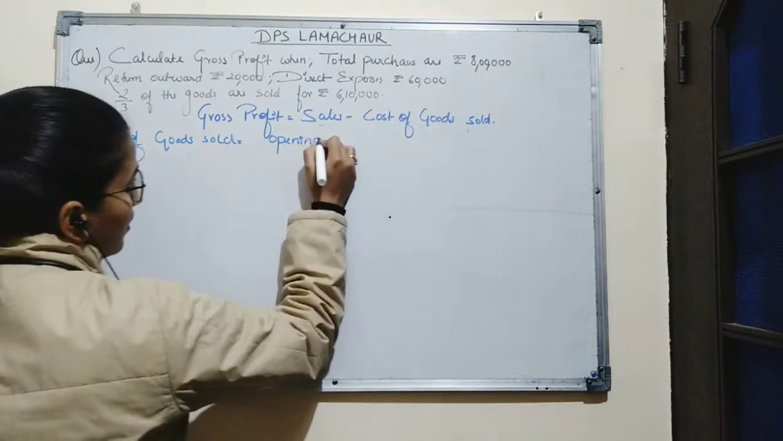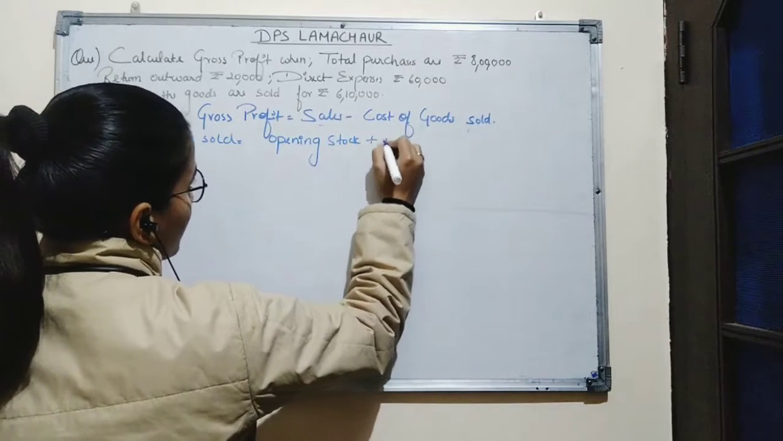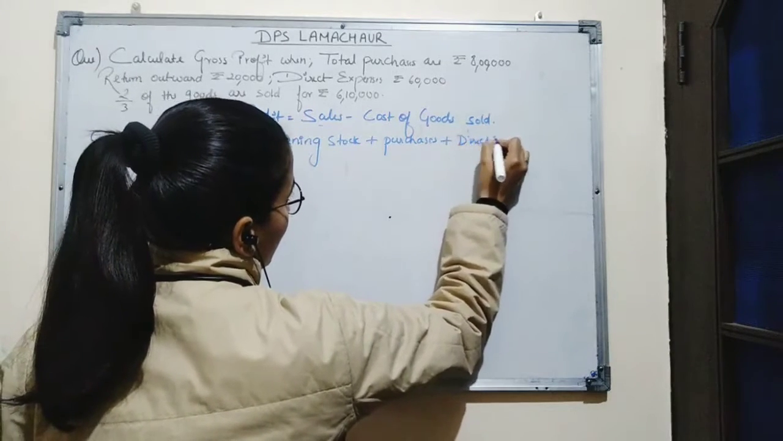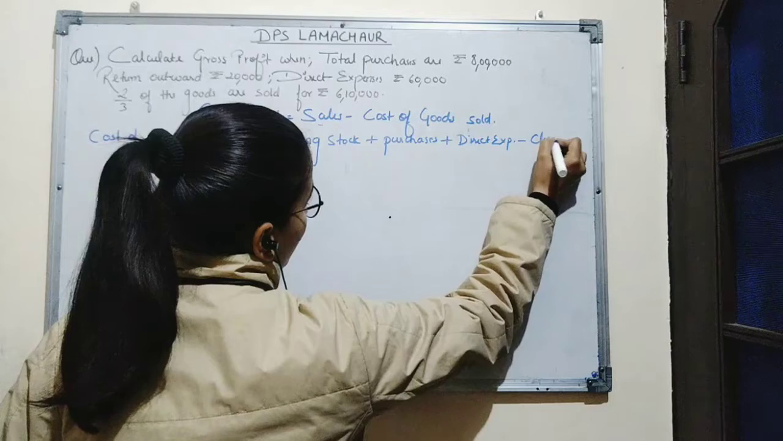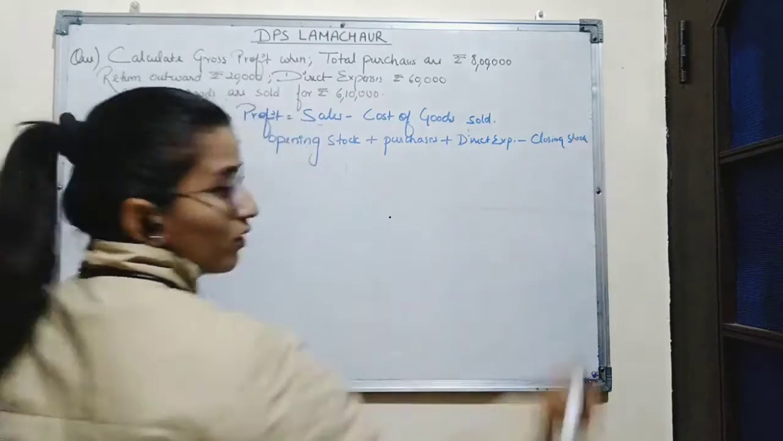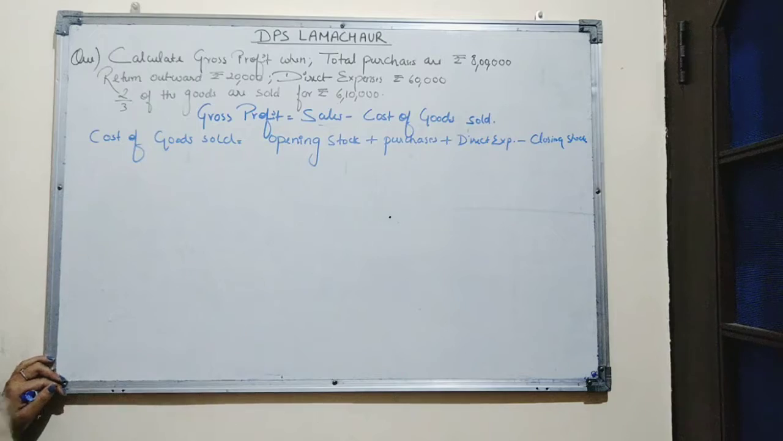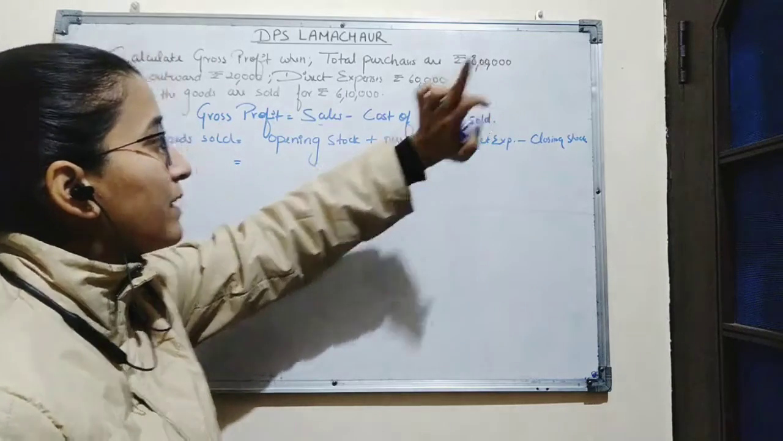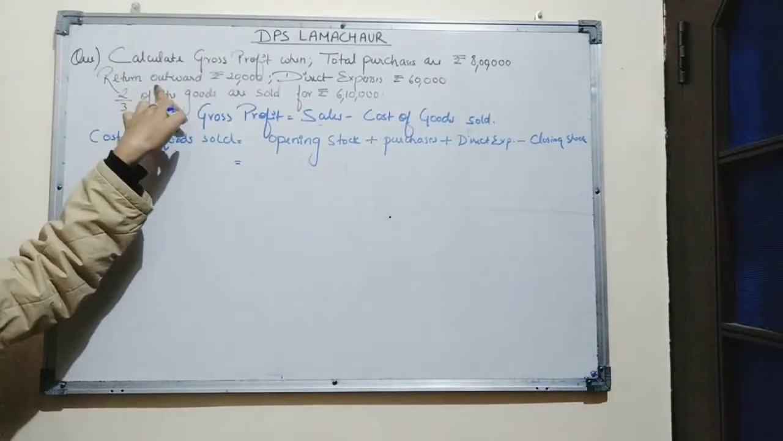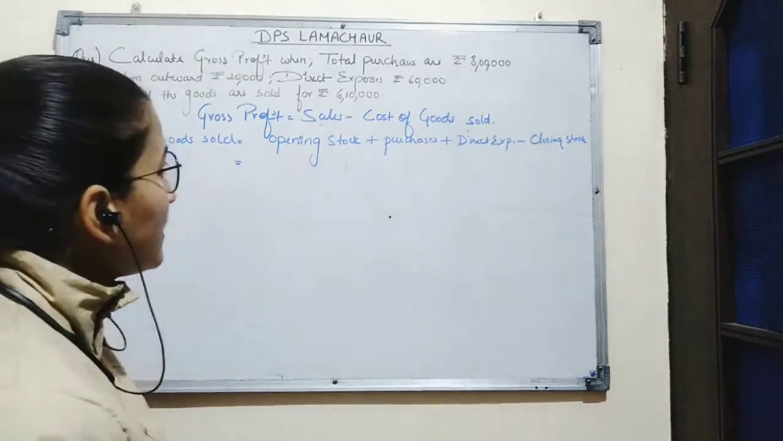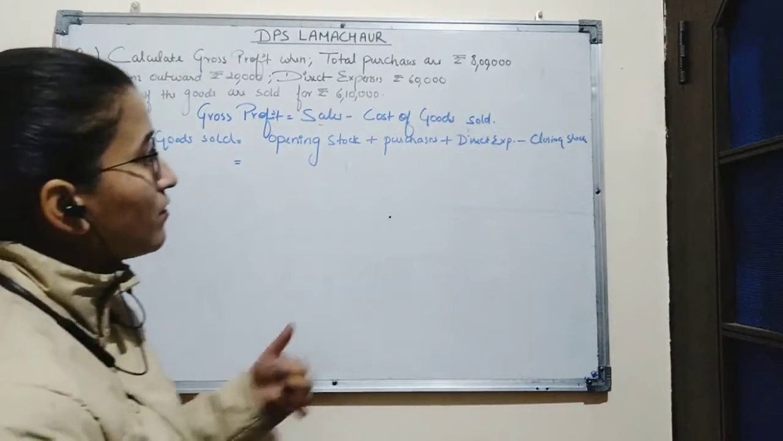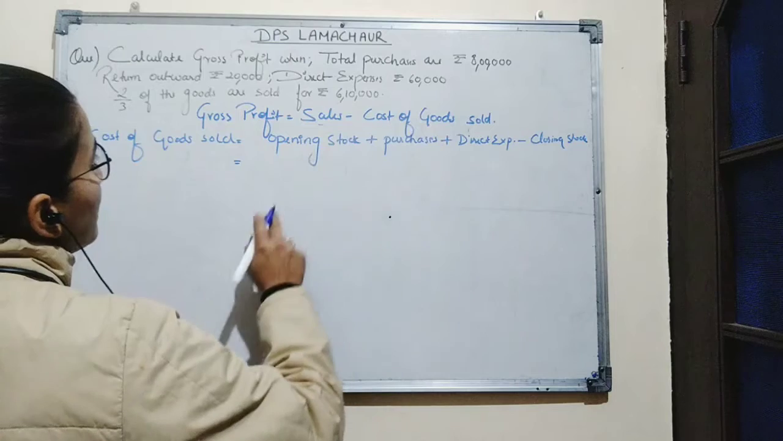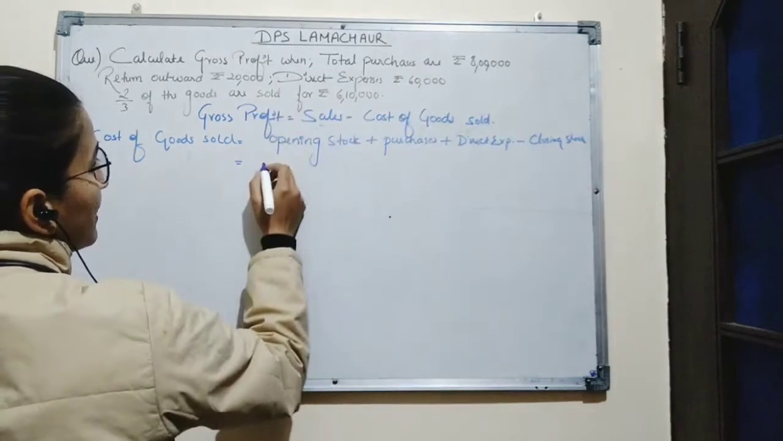opening stock plus purchases plus direct expenses minus closing stock. So here amount of purchase is given in the question. Total purchases is rupees 8 lakh, out of which purchases return is amounting to rupees 20,000. So we will deduct 20,000 from 8 lakh to calculate the net purchases. So here amount of net purchases will be 8 lakh minus 20,000, which is